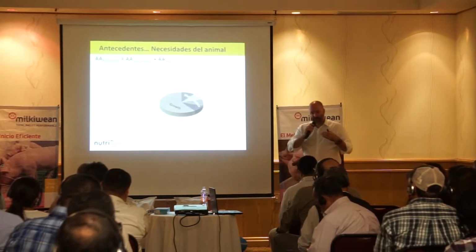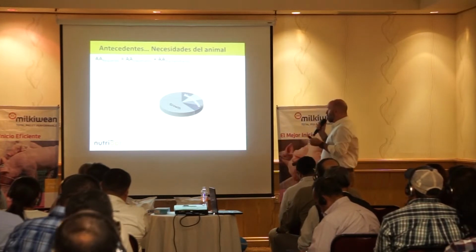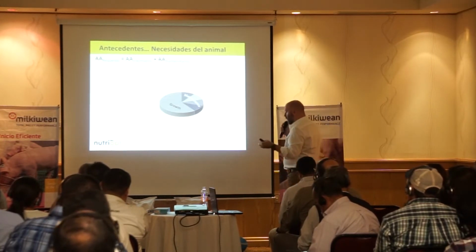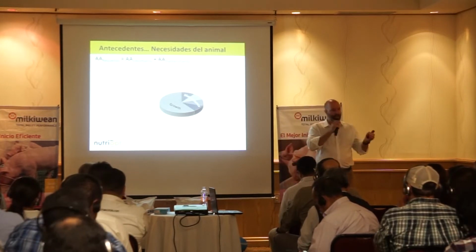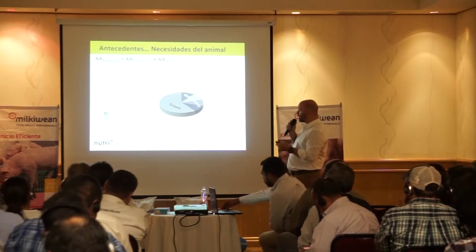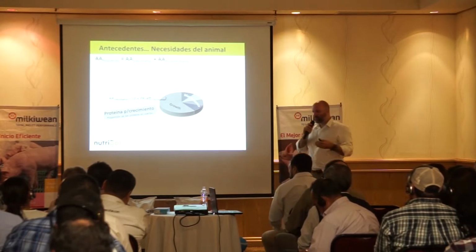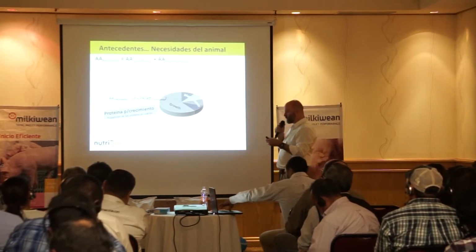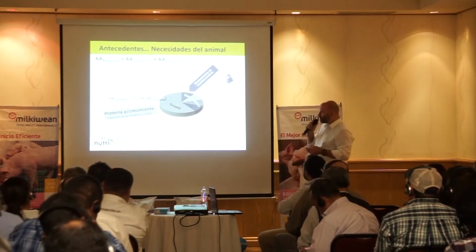So once we have all this information input into the model and accounted for, we're able to start looking at the requirements of those animals and figuring out what we need for formulating diets and feeding to them. In this case, we're looking at the amino acid content of the protein and how we want to feed it, what's required by the animal. So there are different pools that we look at.